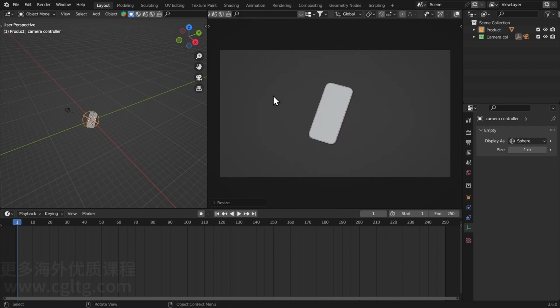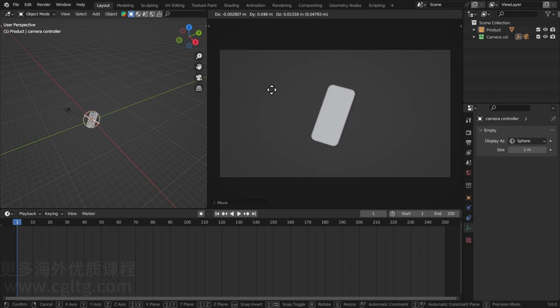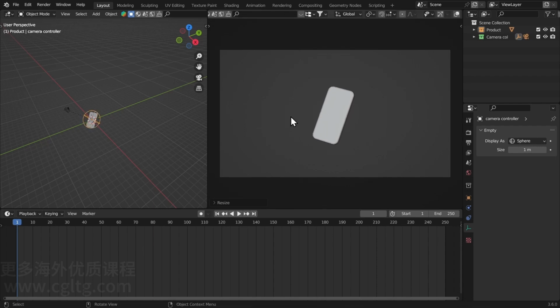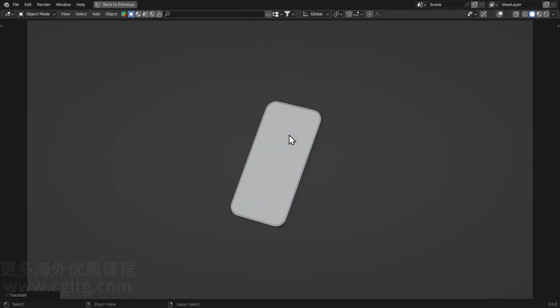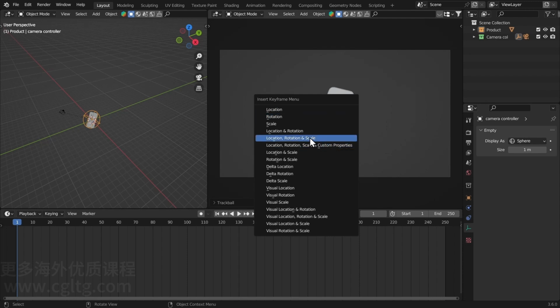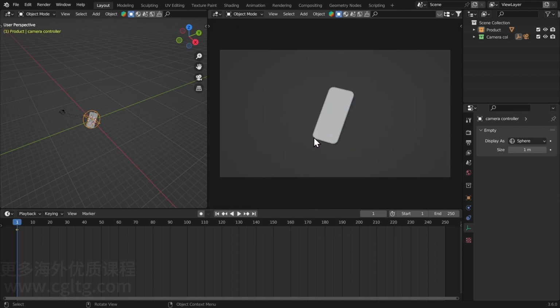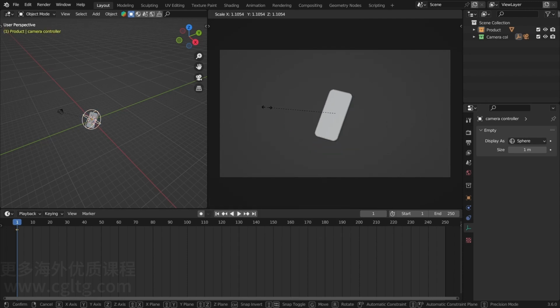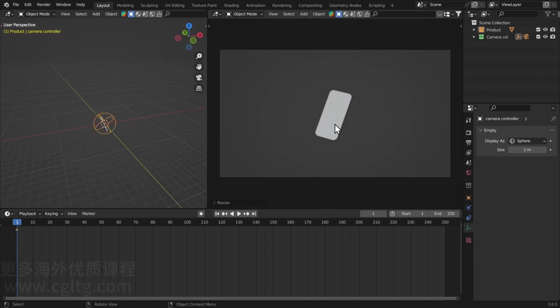Scale it up just like that. And we're going to start zooming in on this. Hit double R to give it some angle, and your scene should look like this in the first frame. So now insert location, rotation, and scale. Let's scale it back a little bit more so it's far from the camera, and insert location,